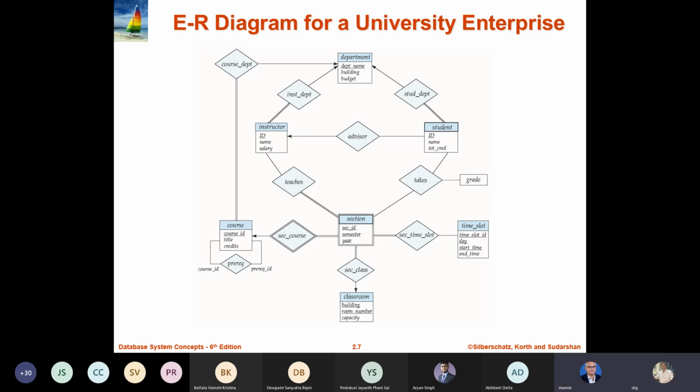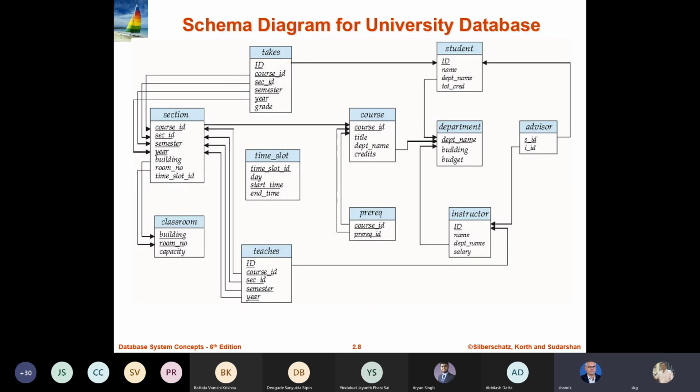The entities are department, course, section, classroom, time slot, and student, and these are the relationships between them. Some of the relationships have attributes of their own. If we try to represent this in schema form,